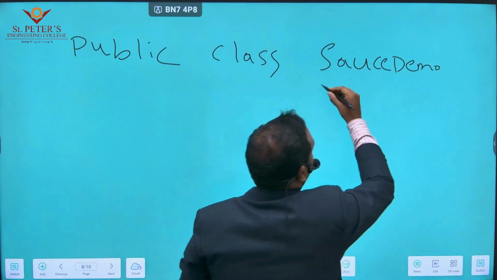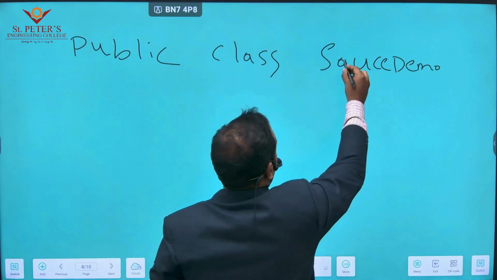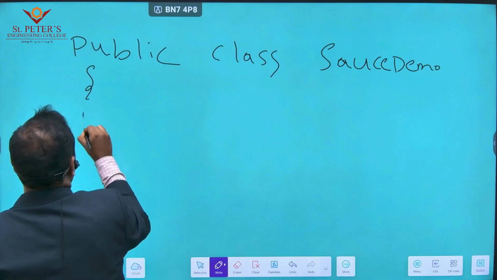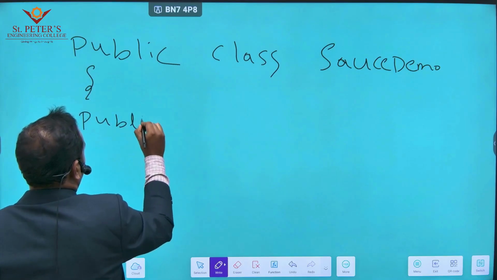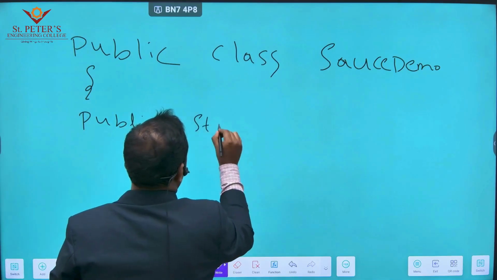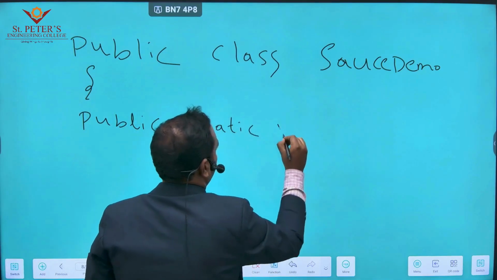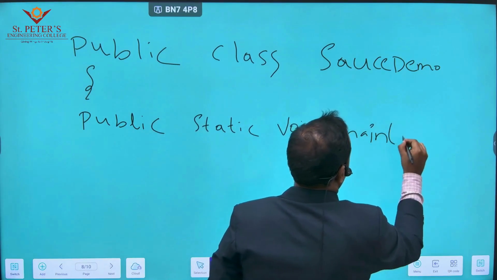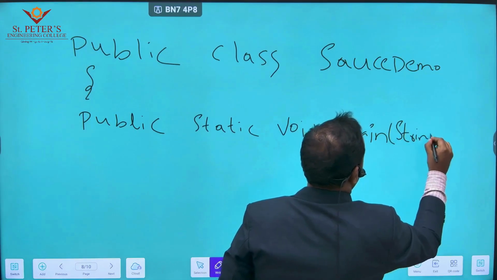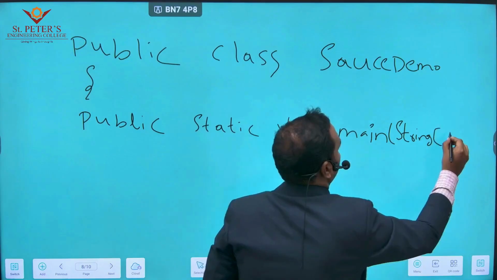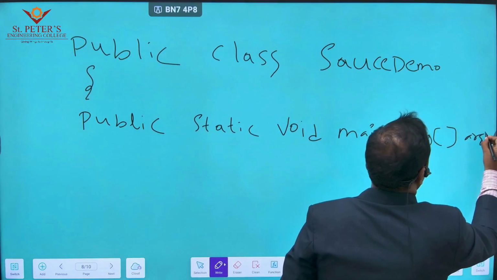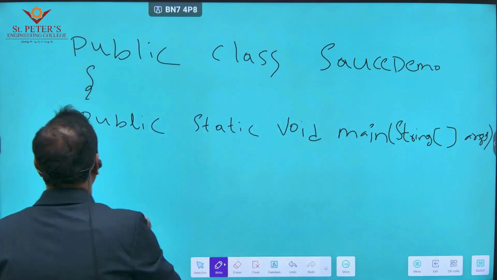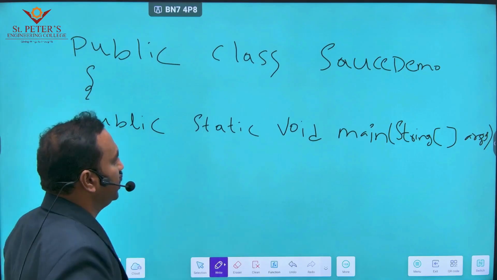I have declared a class as source demo, and after that writing public static void main, with args. After writing this, declaring the main,